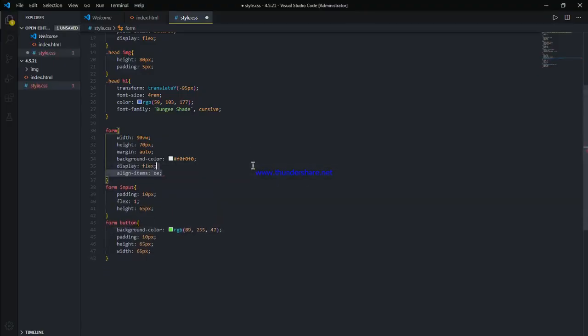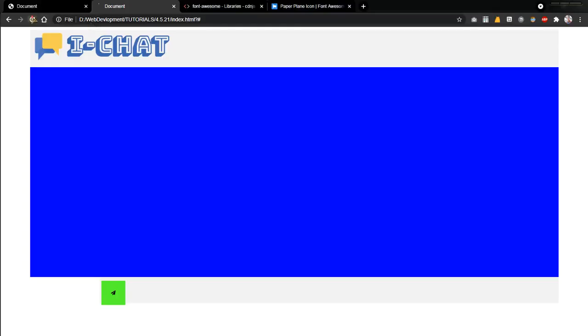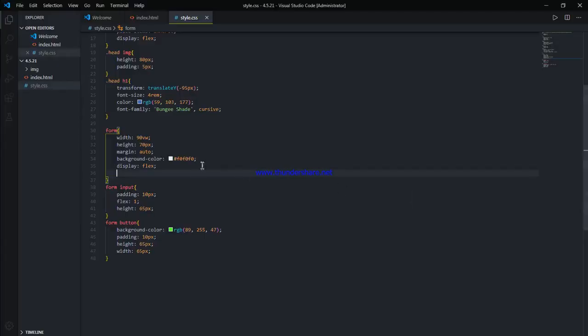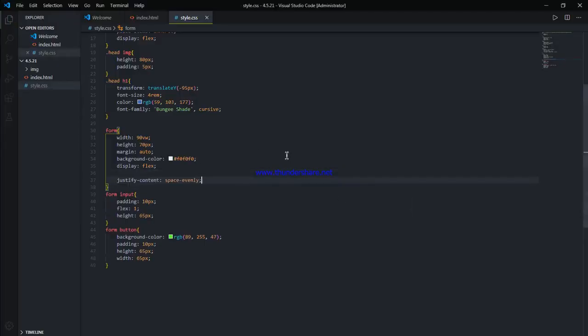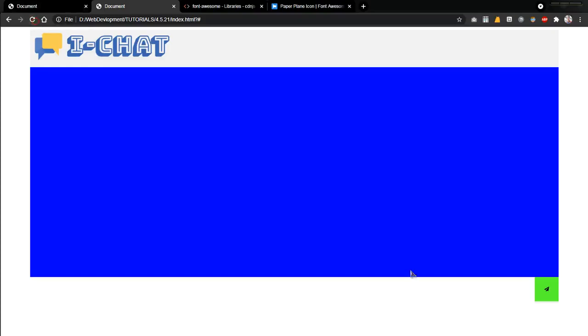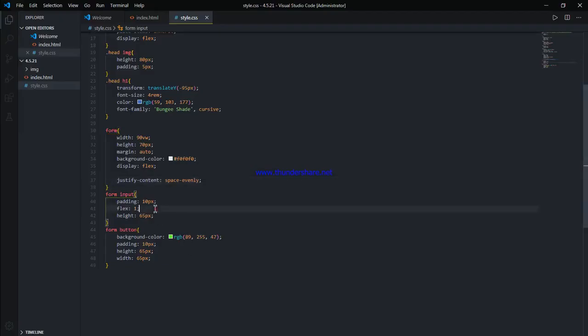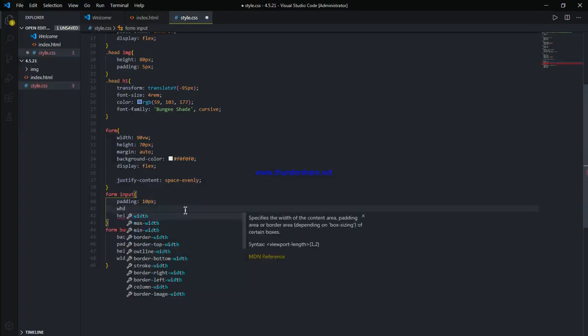Does it work now? No. Why did we mess it up? So right, and just justify content evenly. Good. Flex one does not work well.